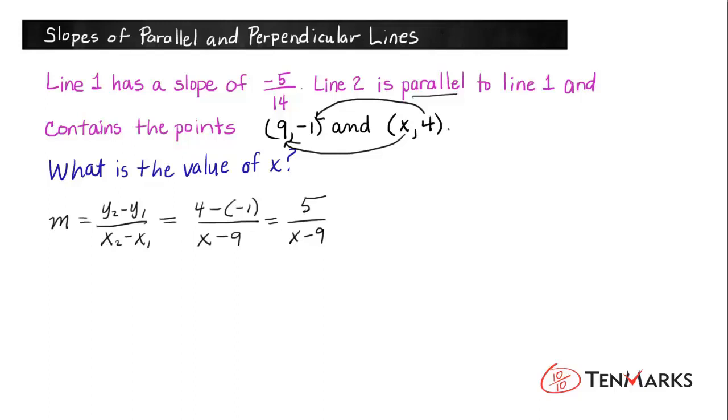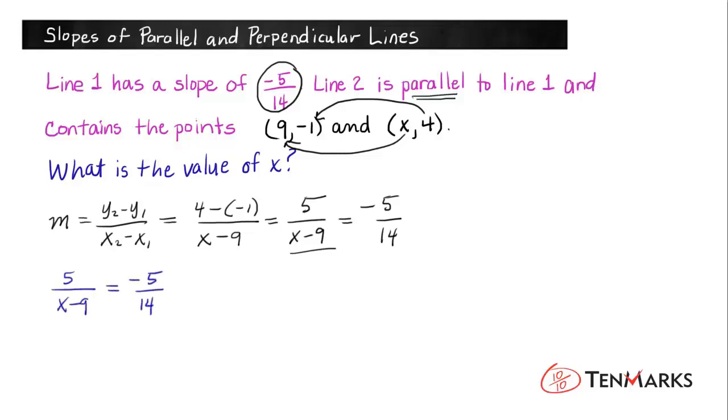Fortunately, we know that parallel lines have the same slope, and we were given the slope of line 1. So we're going to use that. We know that our slope equals negative 5/14, so we can set this expression equal to negative 5/14. And now we have an equation with one variable, so we can solve for x. So I'm going to rewrite that down here, and that's going to be 5 over x minus 9